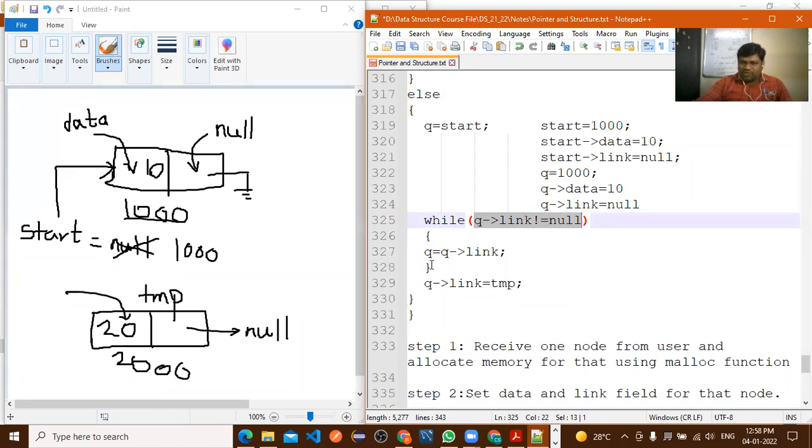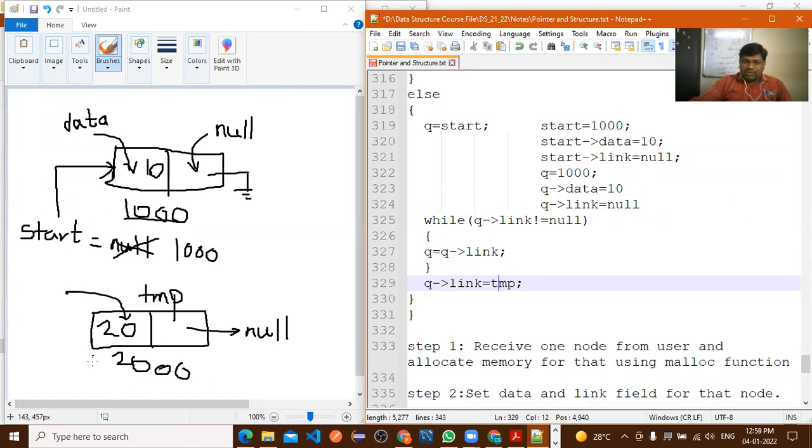Now, if the condition is false, means which statement you are executing? This statement or this statement? Q of link is equal to temp. Now, what is the value of Q of link? Now, what is the value of temp here? Temp ची value काय? So, address we are storing, right? So, in a pointer, always you think about address only. Don't think about value. Q of link काय आहे इथं? Link म्हणल्यानंतर address. Data म्हणल्यानंतर info field देणार. Link. So, what is the value of temp?